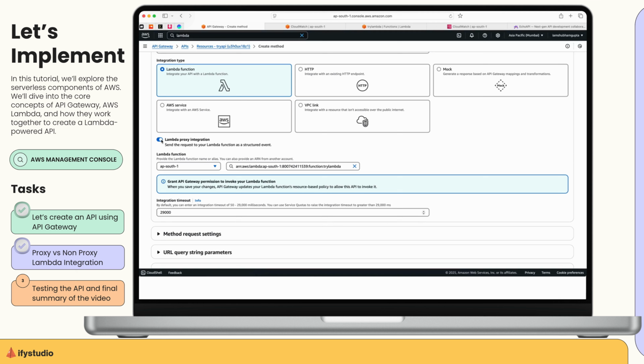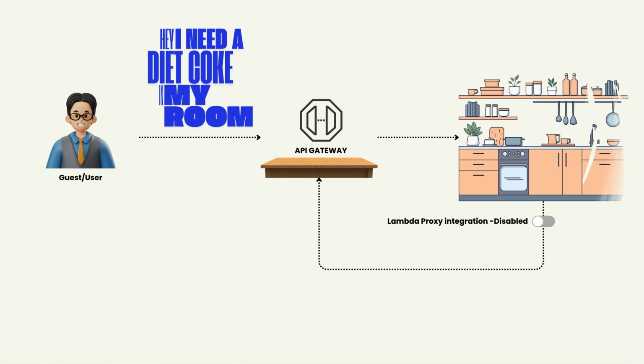I don't know why this option is disabled by default because this should be enabled by default, because this is something that we usually do when we get a complete API HTTP response rather than a tailored response. So I don't know why this option is kept as disabled by default, but we need to enable this. But what happens if we disable this option? If it's a non-proxy integration, which means it's not enabled,